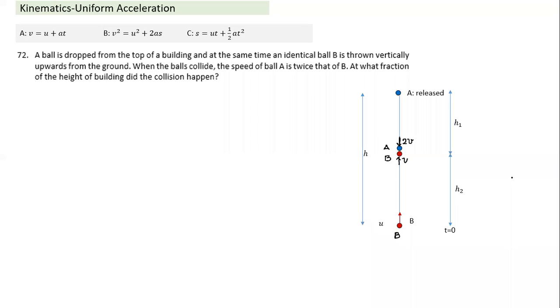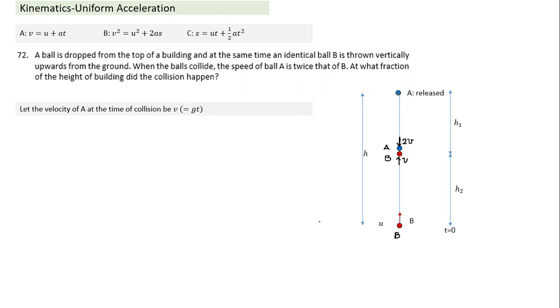And this is something that brings out some other property also, which is pretty useful. Let's do this in a slightly different way. See what will happen here. Let's take the time of collision. At this time, the collision takes place after t seconds. I'm just giving this so that it becomes a little easier.